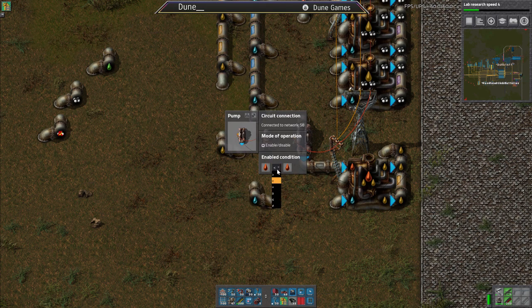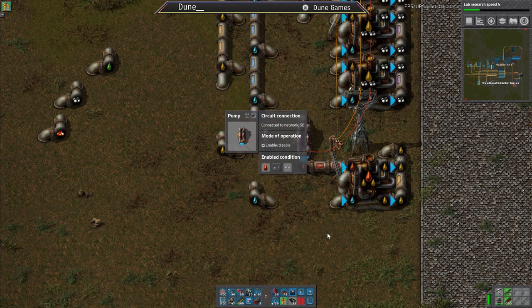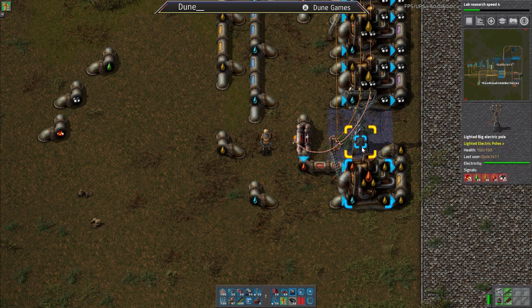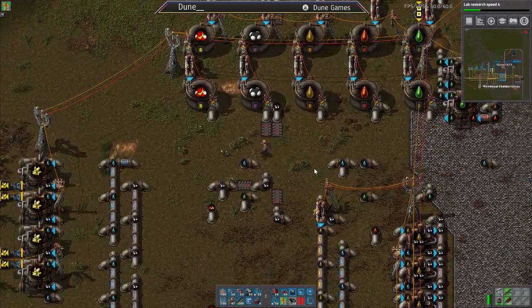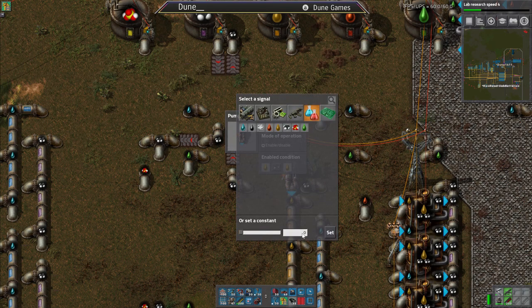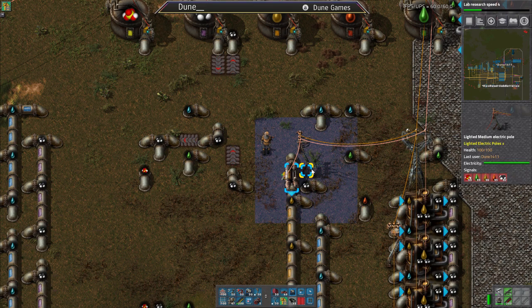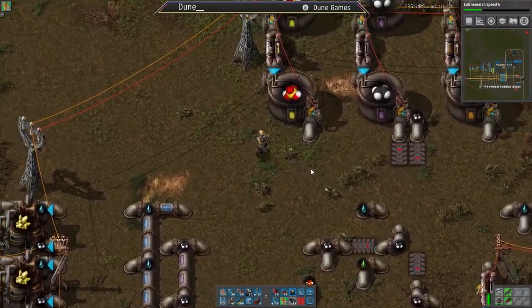Heavy oil is greater than 95. And let's see for this. If light oil is greater than 95. And then